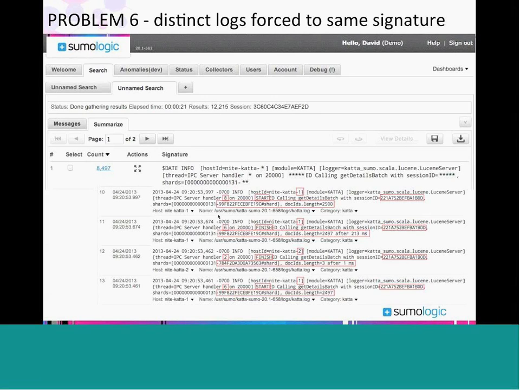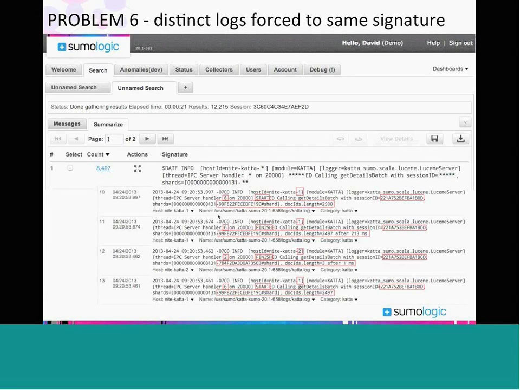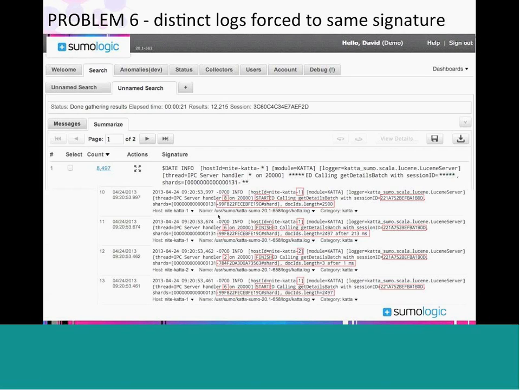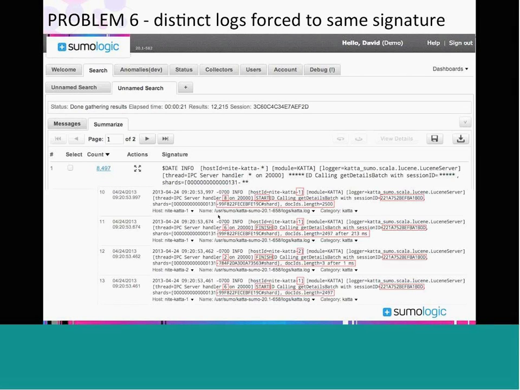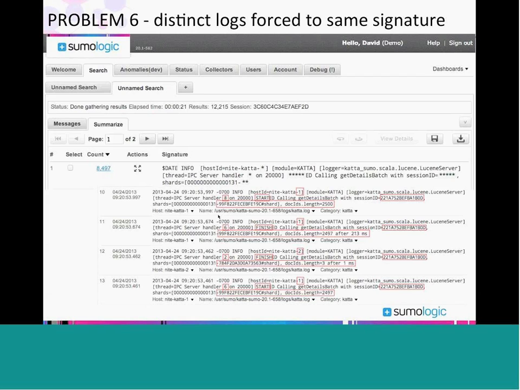These two log messages are very similar, but you can see when we dig down and do this drill down into the actual results that really it's two different things. There's the start call and the finished call. And again, they're very, very similar, but really they're a little different. They convey slightly different information, and certainly they mean very different things to the end user, which is to say the end user of Sumo Logic, whoever's looking at whether or not something started or finished.